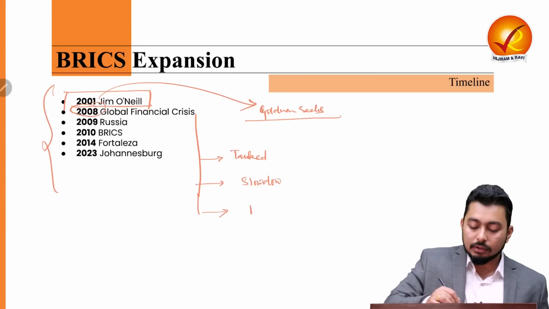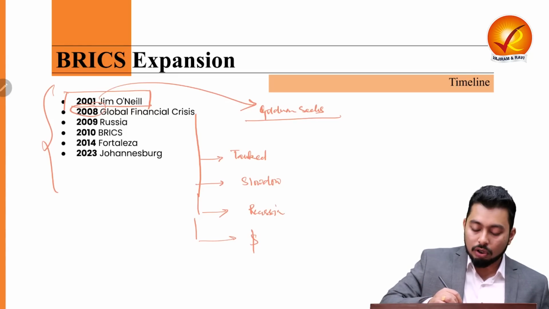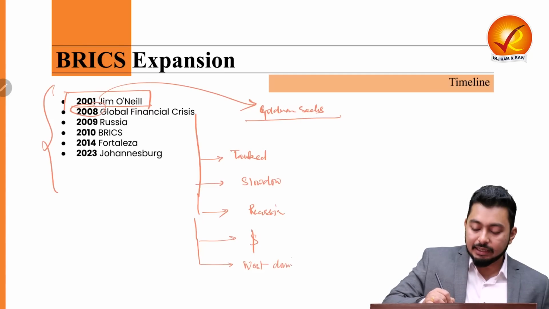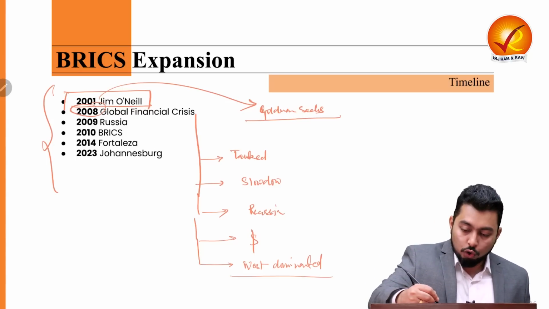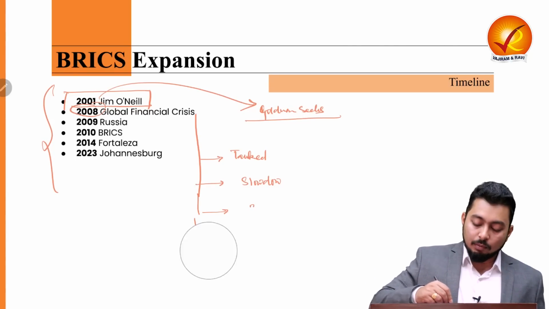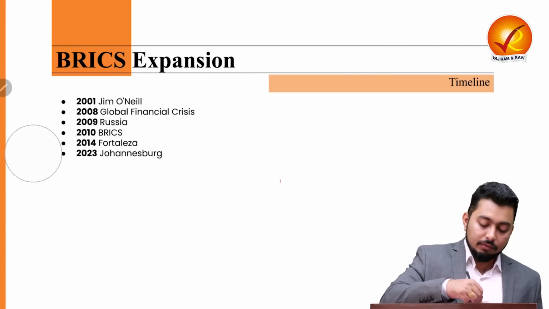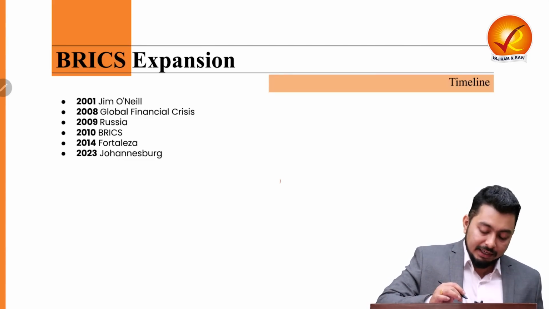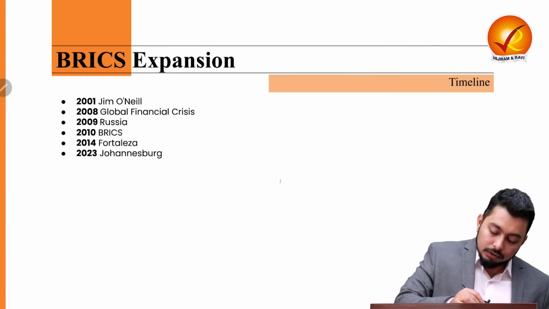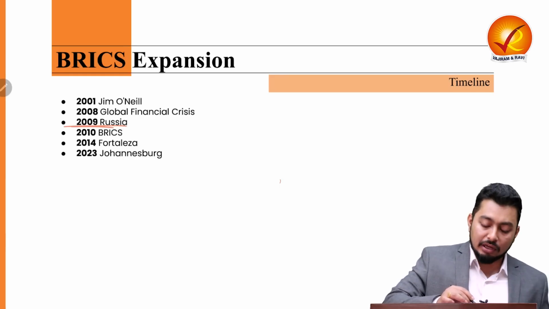Then recession. What else? People lost faith in the dollar and West-dominated institutions. So this was happening as the global financial crisis was emerging towards the world, which started from the US with the meltdown of Lehman Brothers. Now, 2009 we have